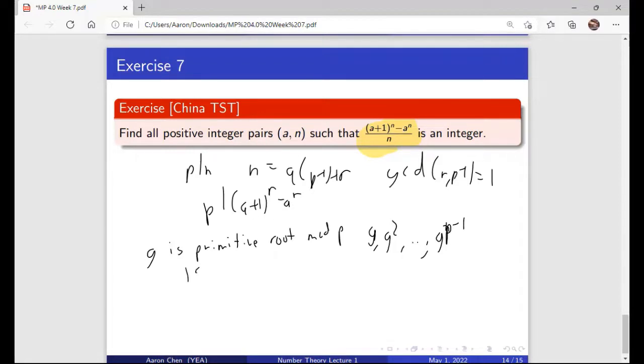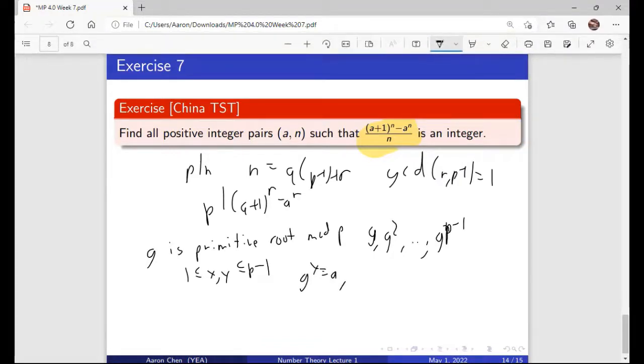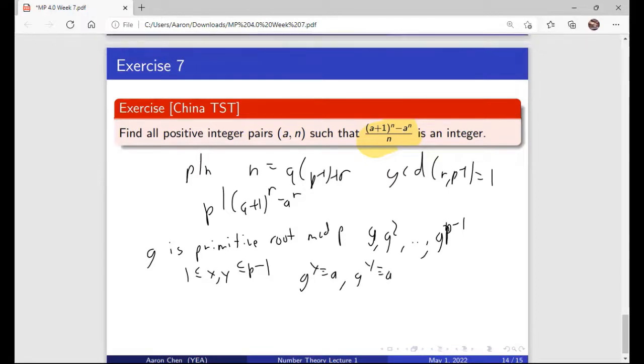So we can let x and y be between 1 and p minus 1 such that g to the x is congruent to a, while g to the y is congruent to a plus 1. We can do this because g is a primitive root. That would mean that p divides g to the xr minus g to the yr, which means p divides g to the yr times g to the r times (x minus y)